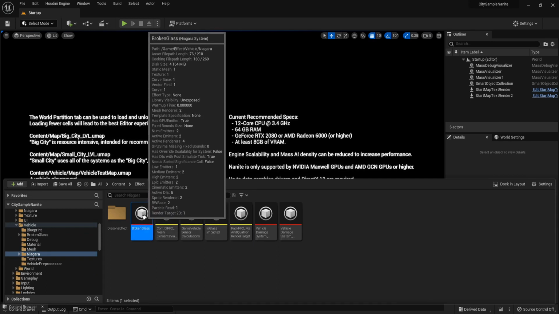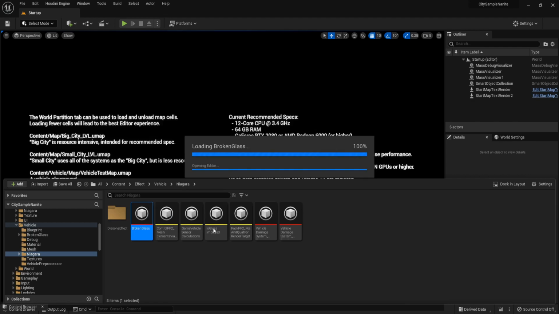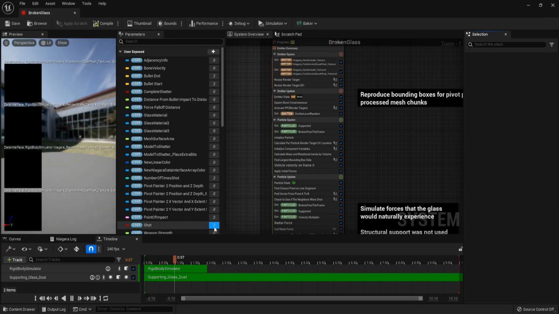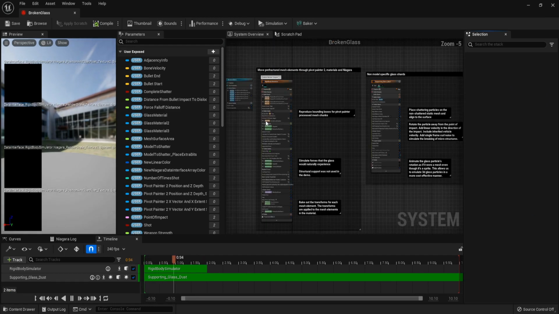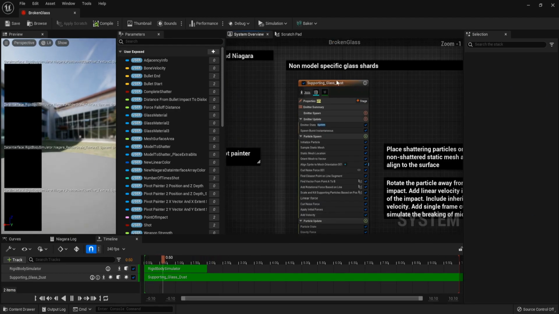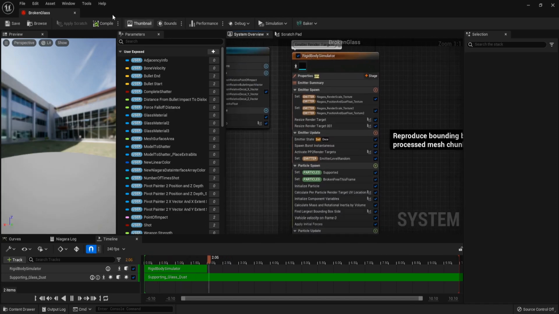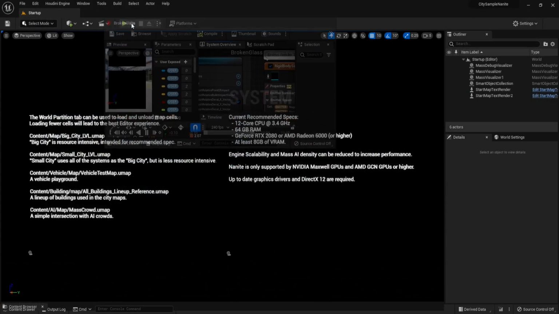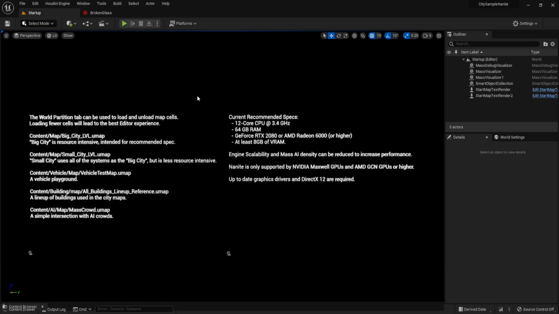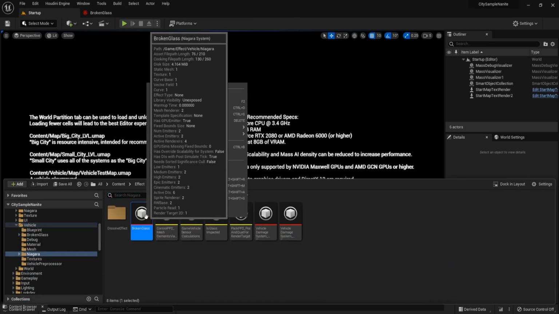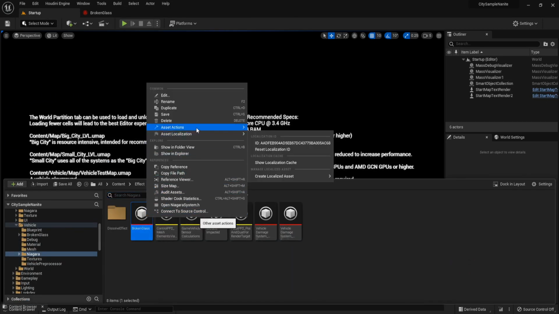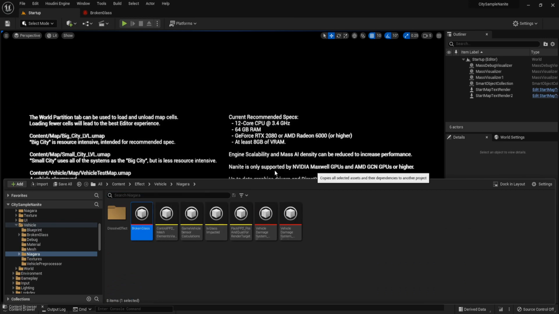We have this broken glass Niagara system. And this is a really complex Niagara system. So we only need to migrate it. Right click, Asset Actions, Migrate.